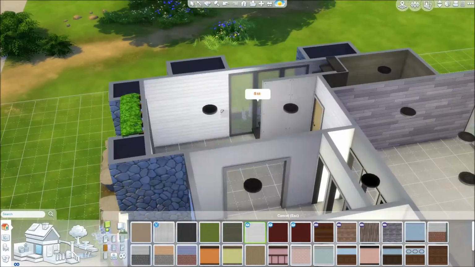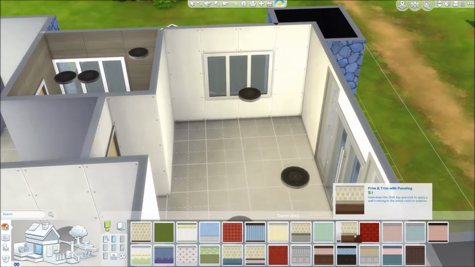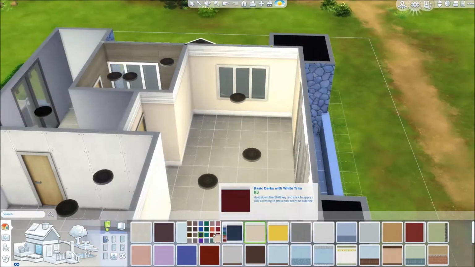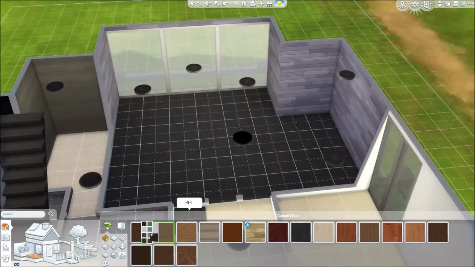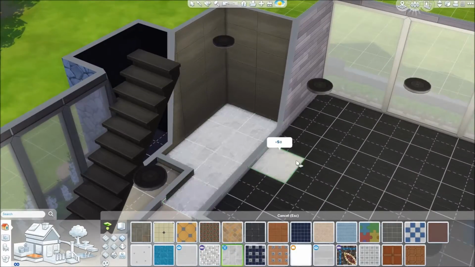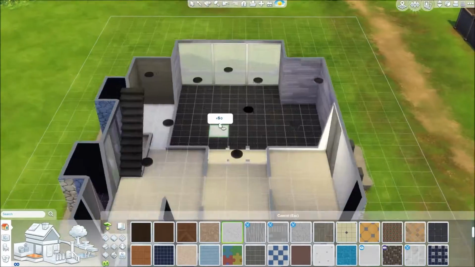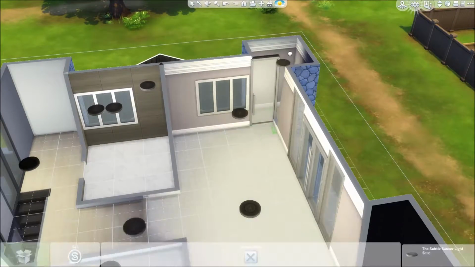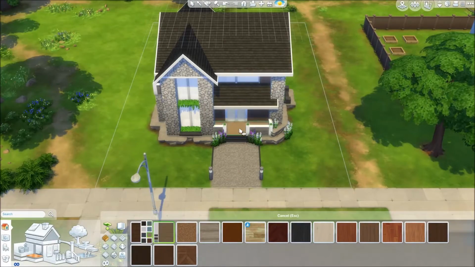Those lights are not staying. I will change those lights later because that looks not so nice at the moment. But adding the wallpaper to all the rooms and some flooring as well. I struggled a bit with the bathrooms, but it works in the end, adding carpet to the bedrooms, and then I went outside and did